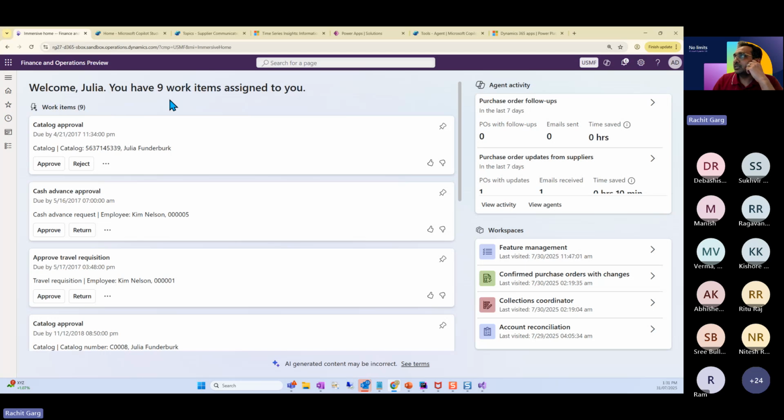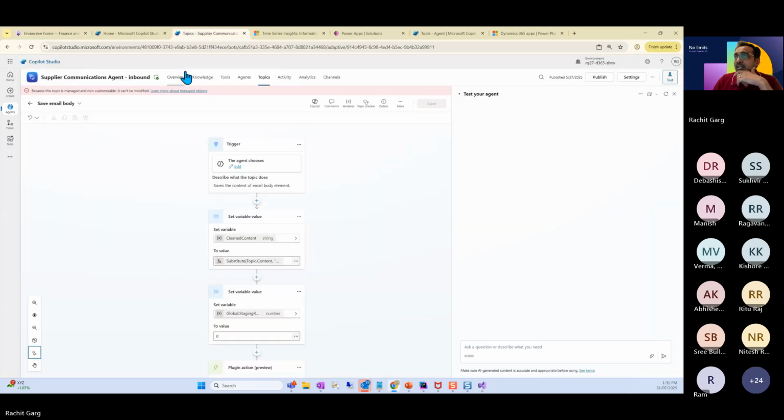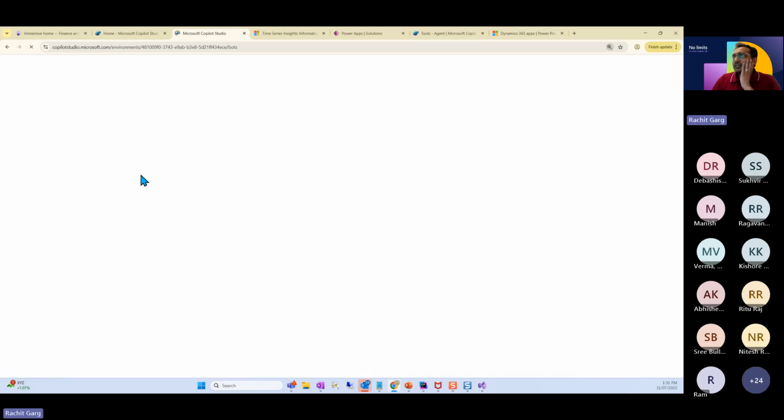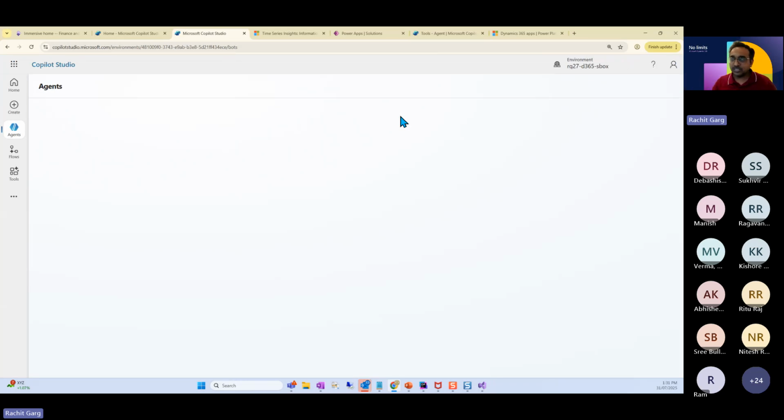From a technical perspective, what happens is when you install this and go to your Copilot Studio, you will see agents there. So if I click on agents, I'll just show you how big this supplier communication agent solution is, just to drive the thought process that it's not only one Copilot agent which is doing everything, it's a collection of multiple things.